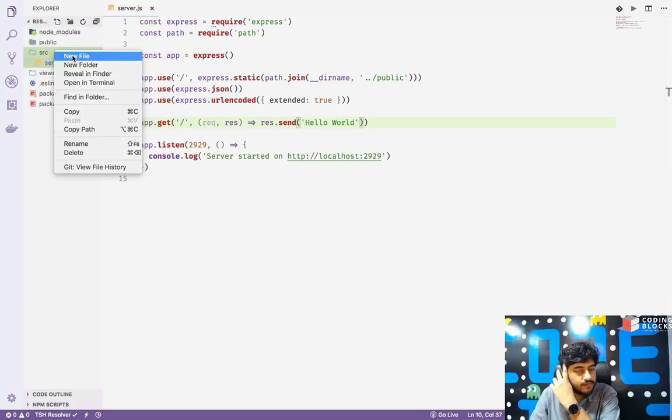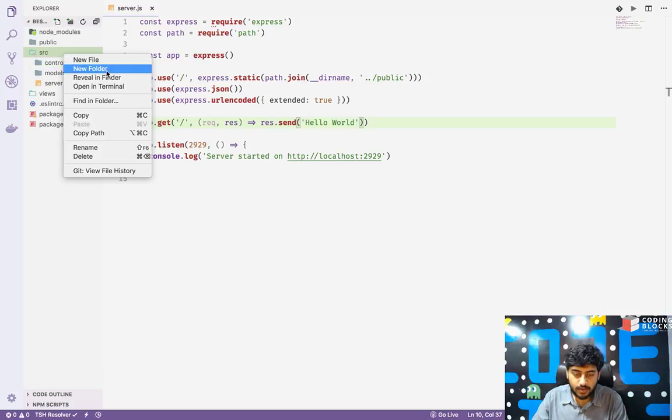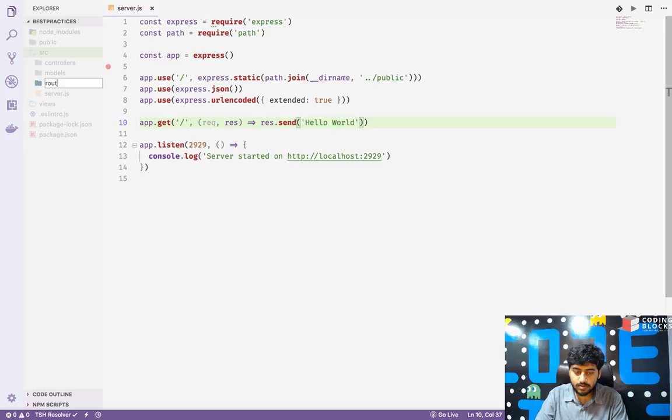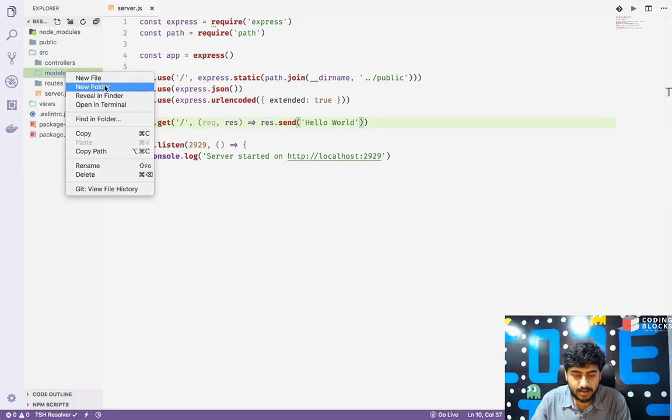We will create a folder called models. The models is our layer that defines how the data structure is going to be like. Okay, and we create another folder called controllers. We create another folder called routes. Okay, we're gonna fill those up one by one. In the models layer, let's create a file called